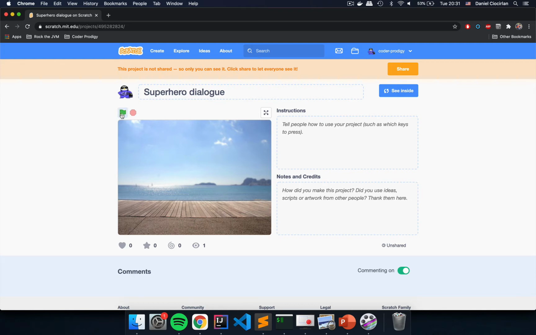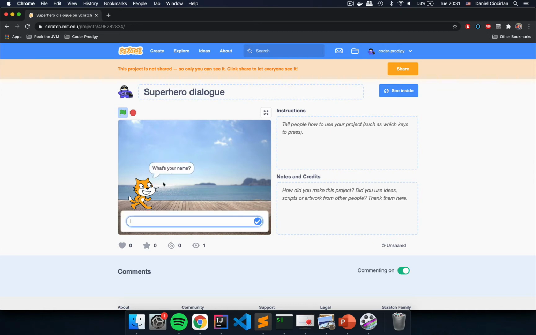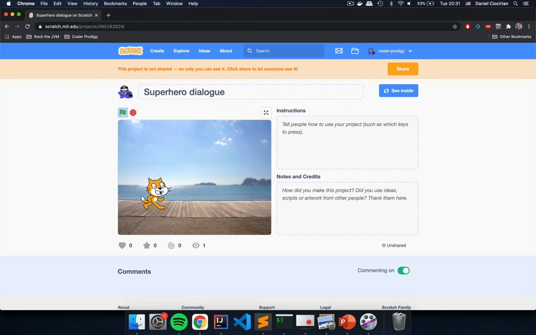When you start the project, when you click the green flag, this character will appear on screen, this cat, and will ask for my name. I'm going to type my name here, Daniel, and the cat will greet me saying, "Hello, Daniel." And after that, it will say, "Let me show you around," and this will start walking in this scenery, and